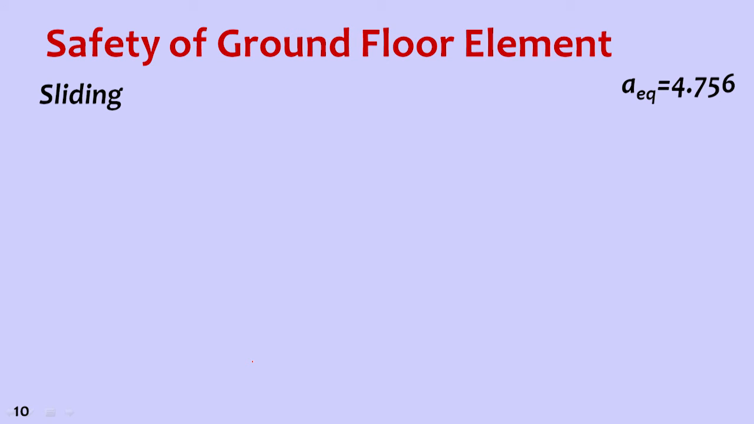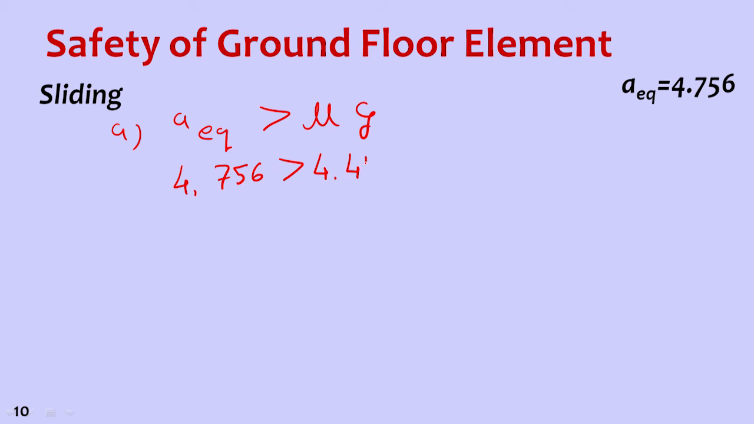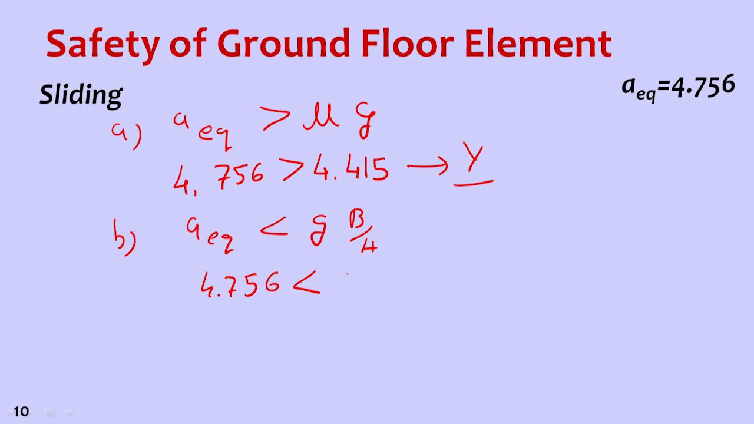Now for sliding, again we have two equations. First equation, we need to check AEQ, which is the ground acceleration, if it is greater than mu into G. So 4.756 compared with 4.415. So this condition is meeting. So for the first case itself we got yes, so we can directly say unsafe, but let us go for the second as well. AEQ, 4.756, is less than 9.81 into B by H. B by H is nothing but the